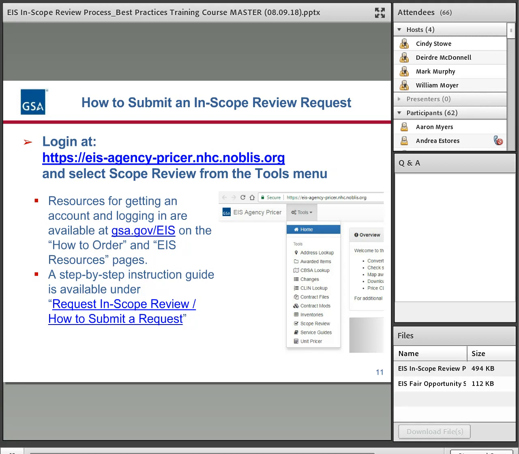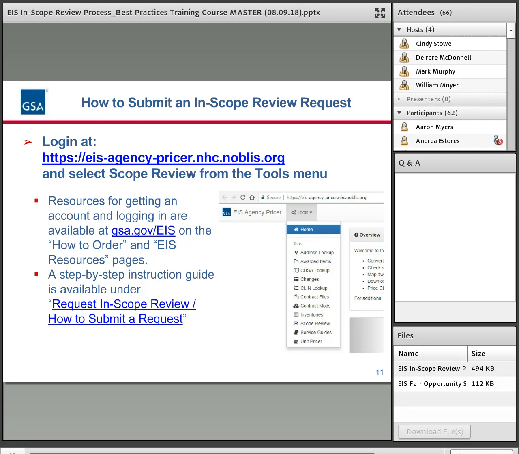You click that, and you can see third from the bottom, it says scope review. You click on that, and it's a fairly simple process to make the submission. It's basically upload your documents. You give some information such as point of contact and the name of the solicitation.